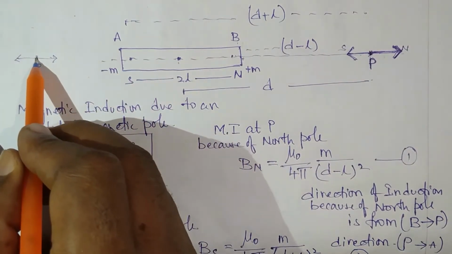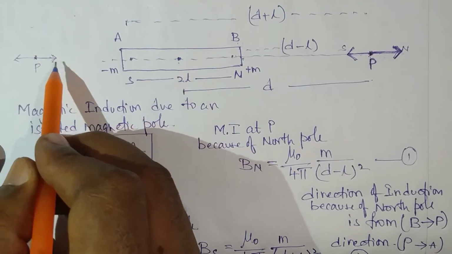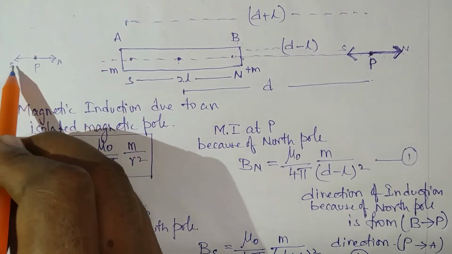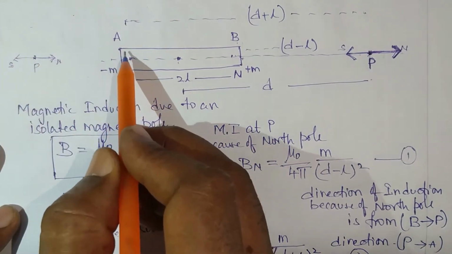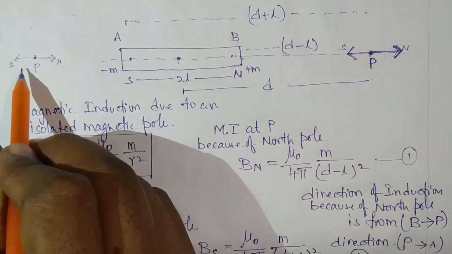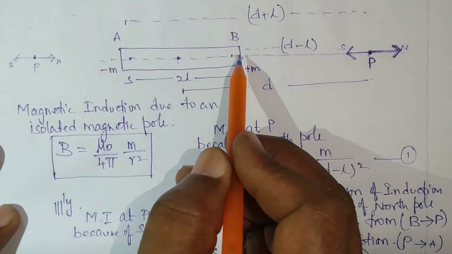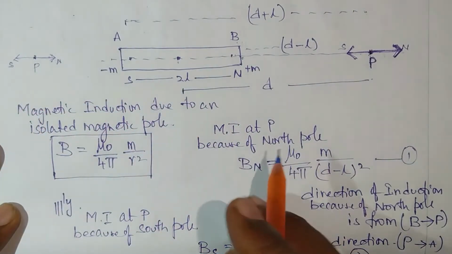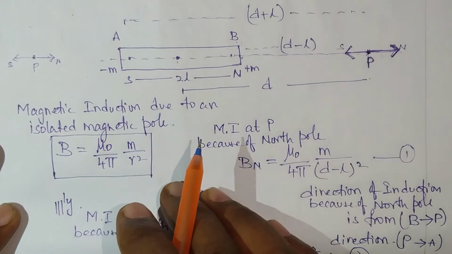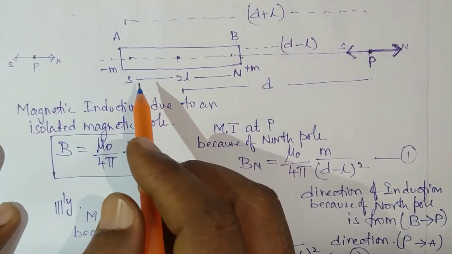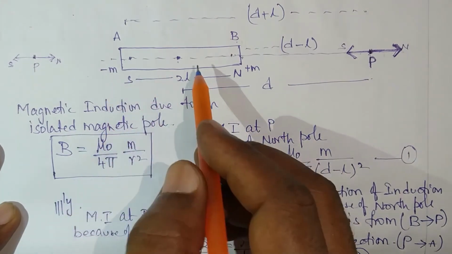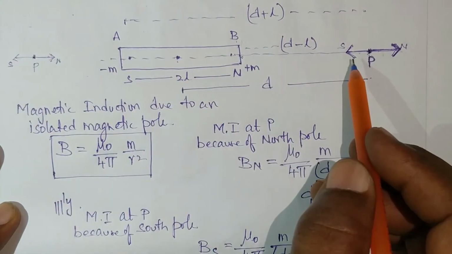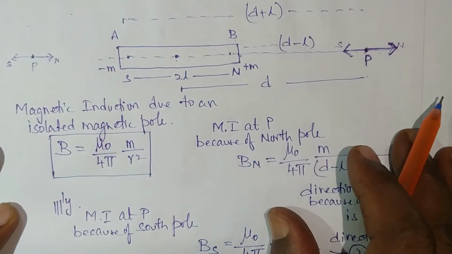If we place a magnetic compass here, you see the magnetic compass north pole will be in this direction, attracting what? The south, and the south pole will be pointing this direction. But the strength of magnetic induction due to the south pole will be greater at this end and the north pole will be lesser. And since these two vectors are again in opposite directions, the same method will be applied to calculate the magnetic induction formula. Therefore, the magnetic induction will be the same and the direction also will be the same when P is chosen on either end of the bar magnet on the axial line.